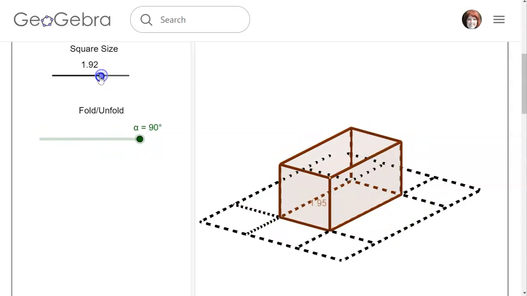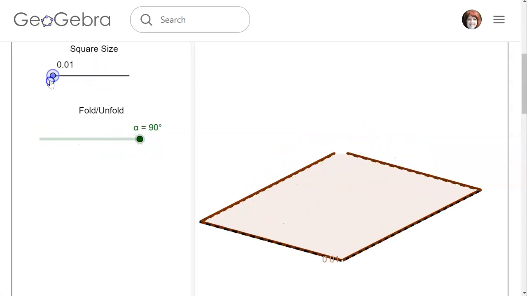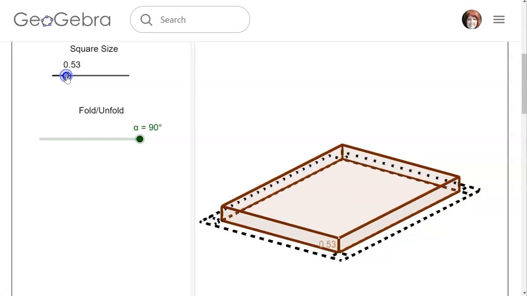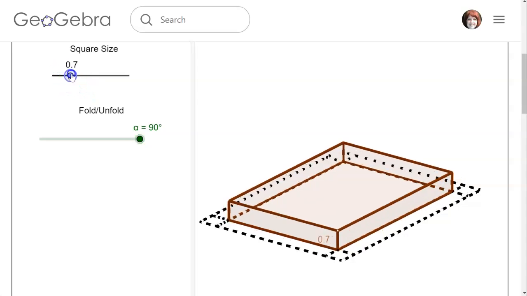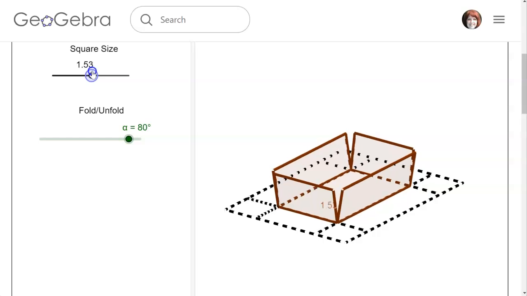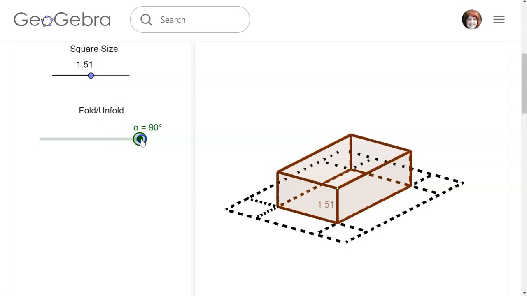They are told to start with a square size of 0. So obviously at a square size of 0, there is no box. And then I think they're told to do 0.5, which you can't hit 0.5 exactly, unfortunately, but you can kind of see what it looks like. It's kind of a flat tray. And then they can go to 1, and then they'll go to 1.5, and you can't get these exact, but it's okay. Just get close. They just need the general shape of the box to see what it's doing,